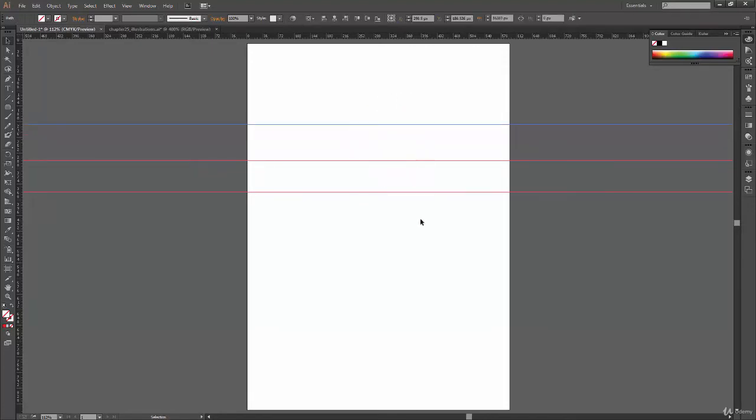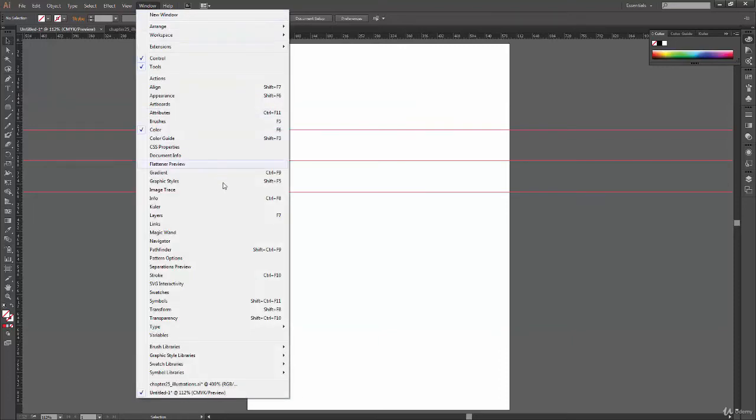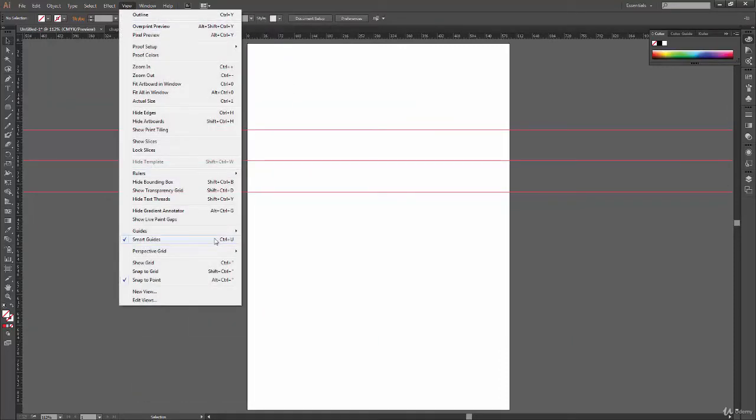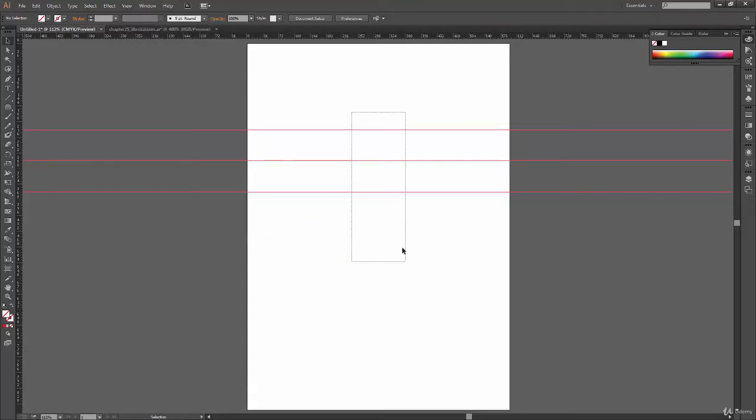I can, if I select these three guides, I'm only able to move this one. Now what I did after that is I went to View, Guides, and clicked on Lock Guides. So now all three guides are locked, but these two guides at the bottom have an extra level of lock now. It's like they are locked two times, so I have to unlock them two times, but it's not visible anywhere that I have locked them two times.